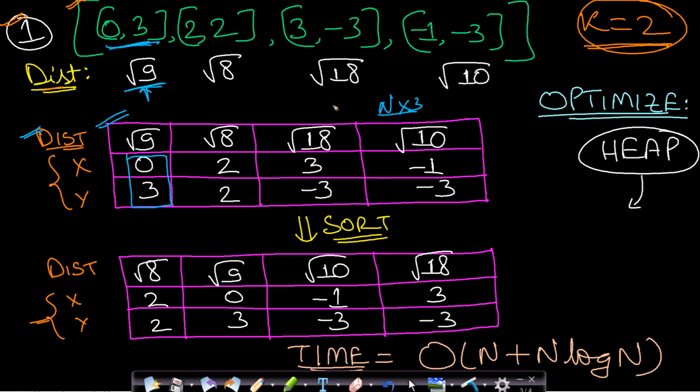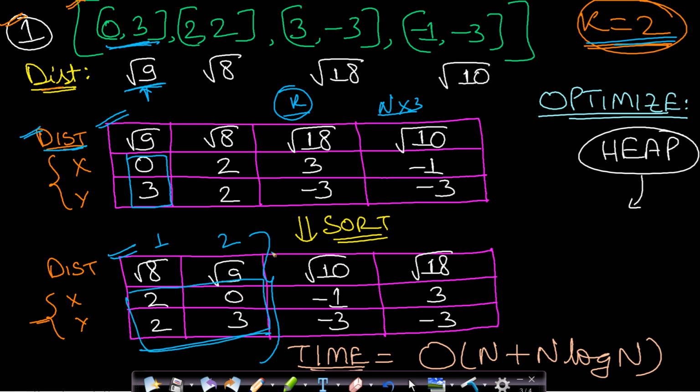Now we actually need to return the first k points having the least distance from the origin 0, 0. We have already found the distances. Now we will sort this entire vector based on the distance value. We simply apply sorting in ascending order, and this is sorted. Everything is sorted based on the distance values, so the corresponding points also get sorted. We just have to pick the first k points. This is point 1, this is point 2, and our k value is 2. So we pick these first 2 points and return them as the answer, 2, 2 and 0, 3.